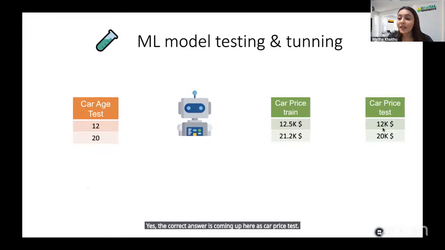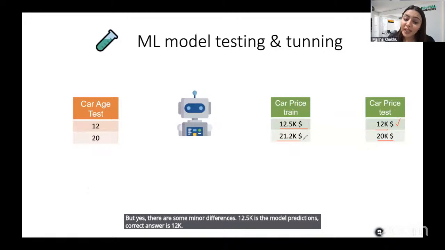What is the correct answer? 12K and 20K. But what did the model predict? The model predicted 12.5K and 21.2K. How much is the difference? There's not a lot of difference, but yes, there are some minor differences. 12.5K is the model prediction, the correct answer is 12K. 21.2K is the model prediction,